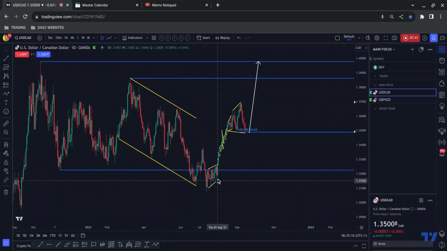Just looking at this now as a potential impulse correction continuation to take us to the start of this structure, this 90% rule, so the start of a piece of structure, which just so happened to near miss this high here. Okay, so the fact that we have a near miss to that area means that there is likely still liquidity there, and this is still an area of value which price is likely to